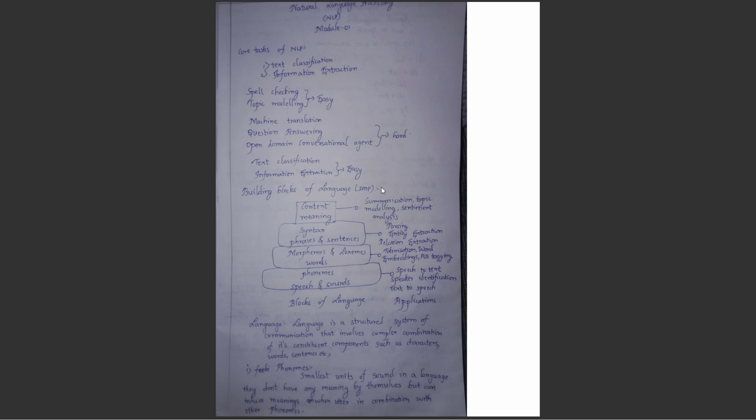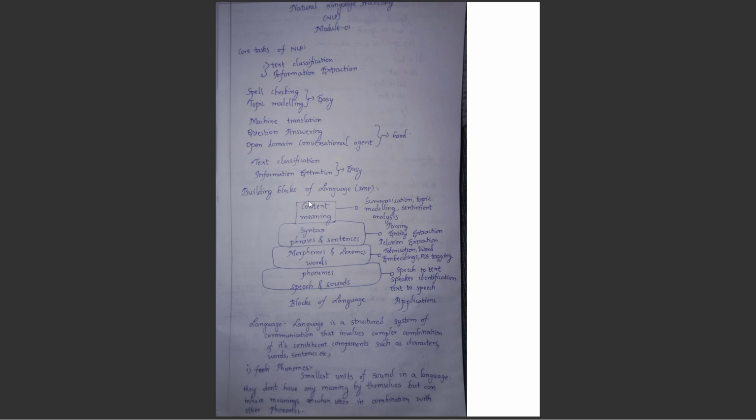So natural language means the language which is spoken by human beings, like Kannada, English, Hindi, Sanskrit, any such language. Processing those types of languages is more difficult compared to programming language processing. So henceforth we will deal with natural language processing, because programming language processing can be done easily. In this first video, I will be explaining the building blocks of language.